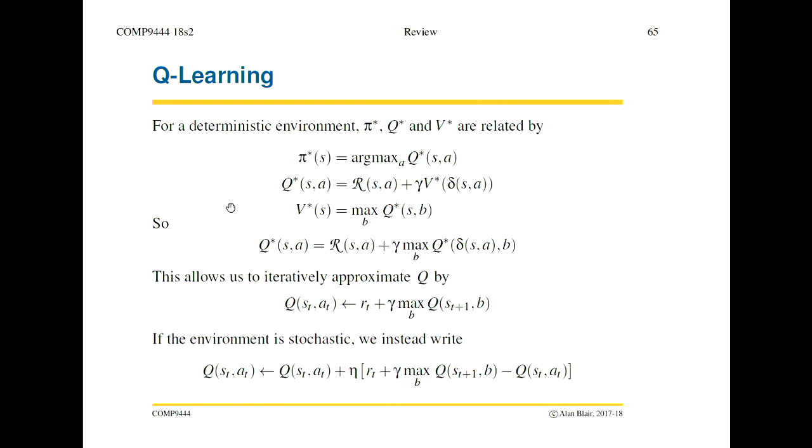Then we looked at Q learning. This is very similar, except it's a bit more involved because the Q function depends on both the state and the action. This applies even in situations where we don't know the world model. We can still do Q learning because if we're in a particular state, we have an estimate of the Q value for the current state with each possible action,